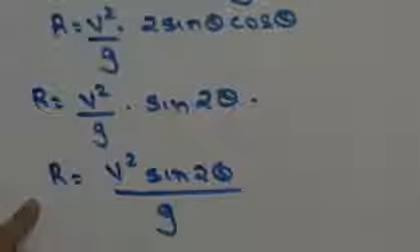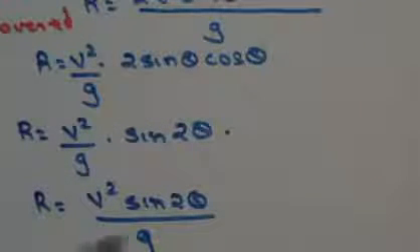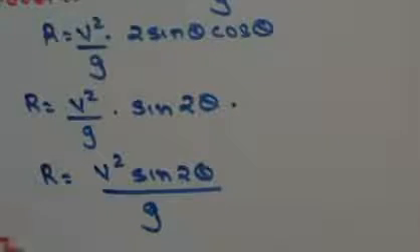V is constant, g is constant. That means how much horizontal distance a projectile will cover will depend upon the angle at which the projectile is thrown. This particular technique is used when you have to fire missiles. You know the exact location, you know the horizontal range, you know the velocity with which you are firing the projectile, you know g. Just change the angle and it will hit the target. This is where this is used in missile technology, right? Determine the angle, just leave the projectile at that angle and it will go and hit that target at that point. Right? Do you get this? Okay. So do we understand this?